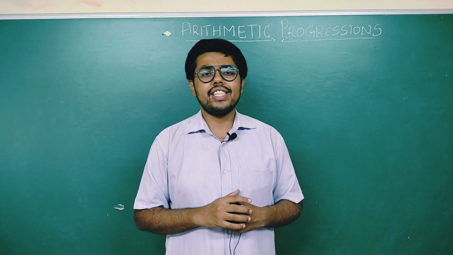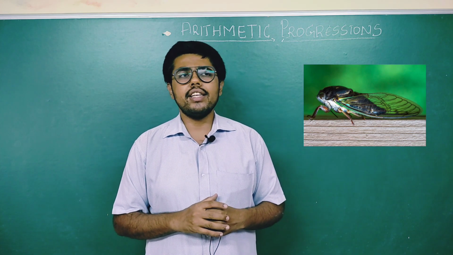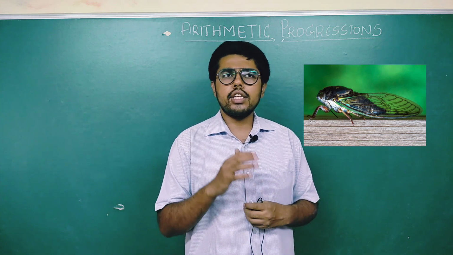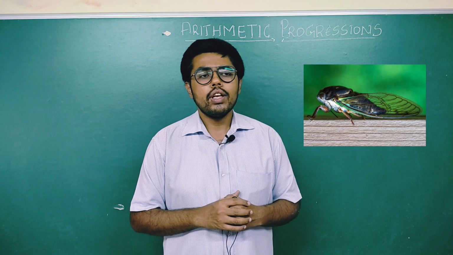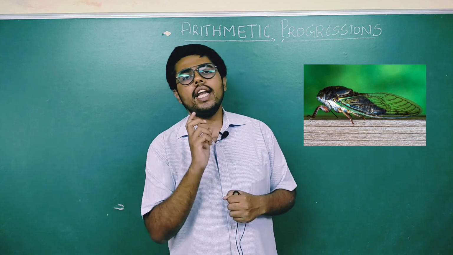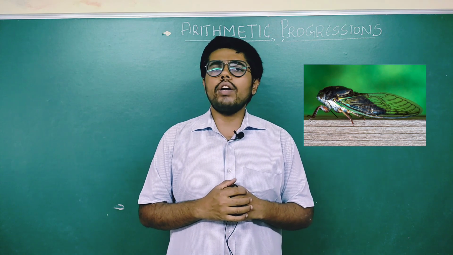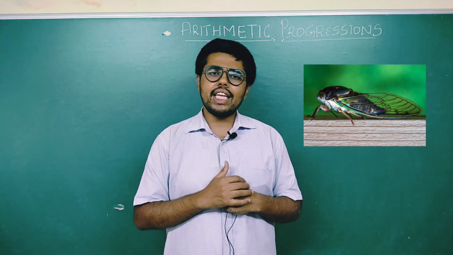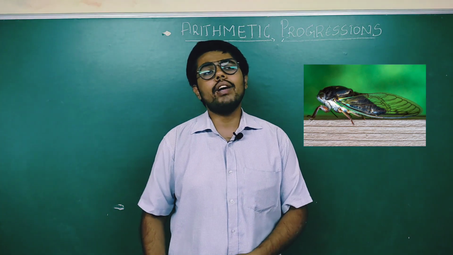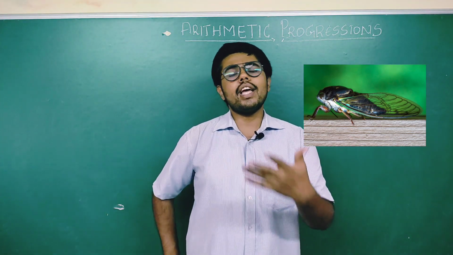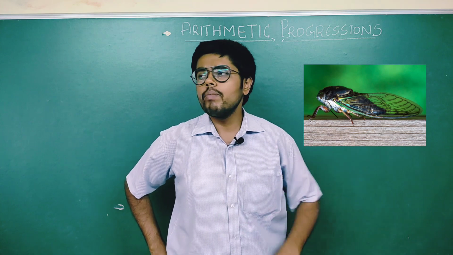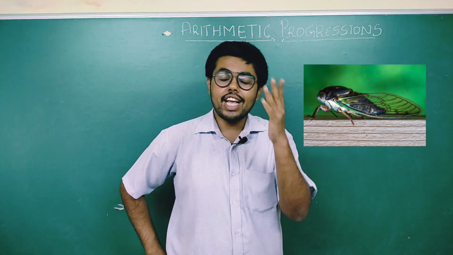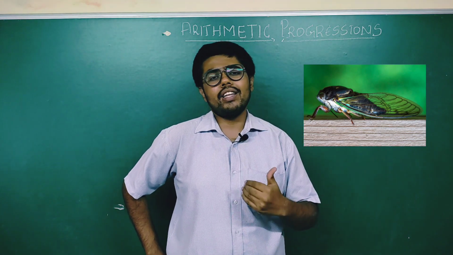Or also there is an insect called the cicada. This insect is not seen in Asia, it is seen in European countries and also America. These insects just come out every 13 years or 17 years. Everyone was wondering how exactly 13 years or exactly 17 years. Actually these insects live underground, but only once in 13 or 17 years they come out.